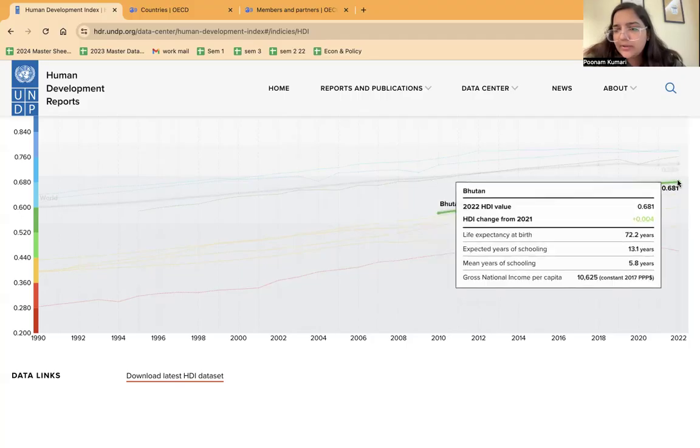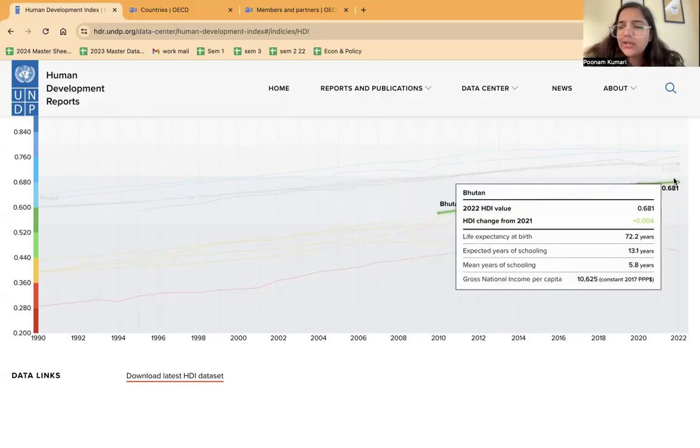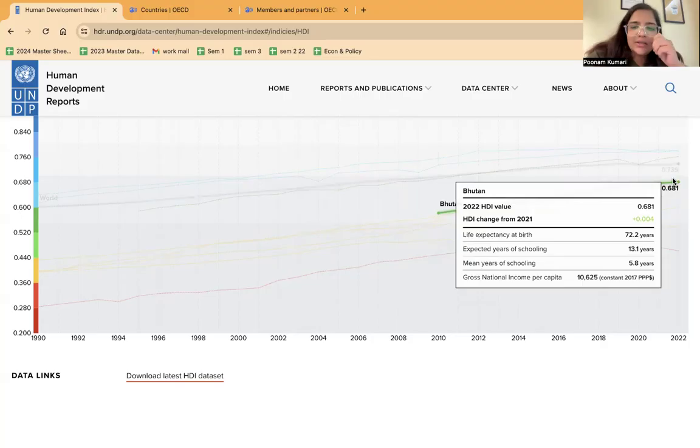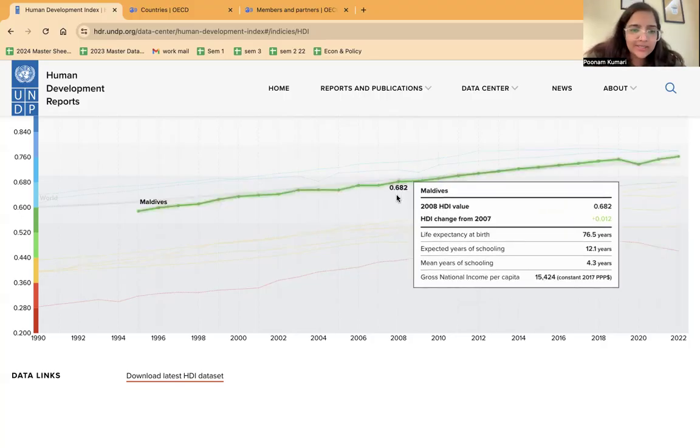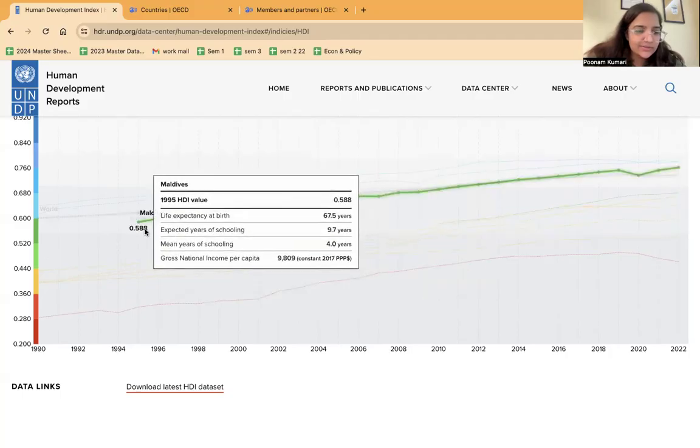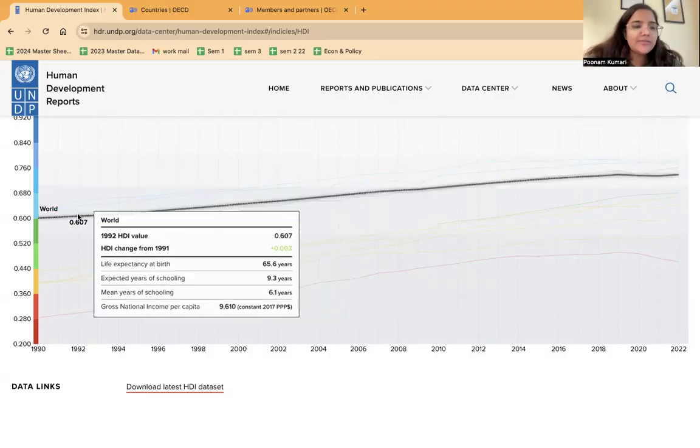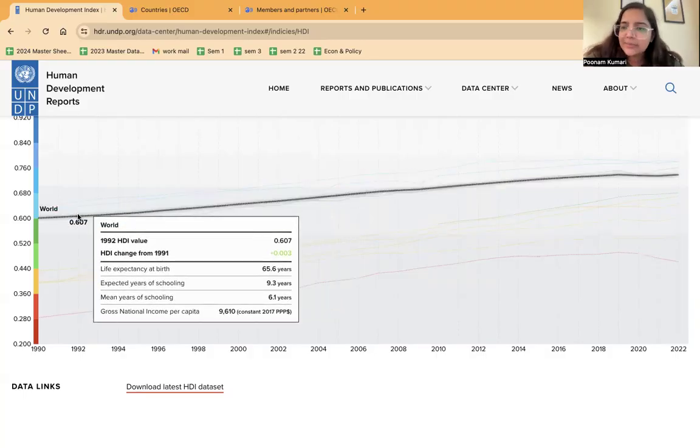And here if you look, 72, 13. It's a very, very small country. And Bhutan is famous for one more thing. What is that? Happiness index. In the happiness index, they are considered quite happy. So we will see someday what the happiness index measures. So graphs like these can tell you a lot of things